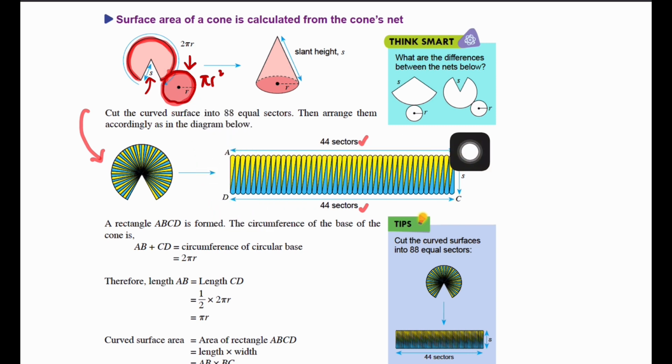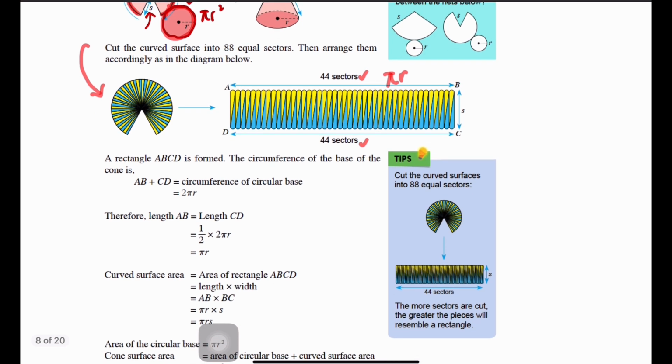Kalau nak cari separuh, kita bahagilah 2. Okay, so yang ni awak selesaikan, awak akan dapat pi R. Okay, so maksudnya this part is pi R. Okay, so we know that the curve surface area, nak mencari yang curve ni tadi adalah area of